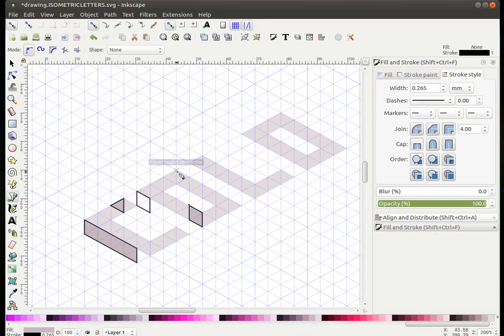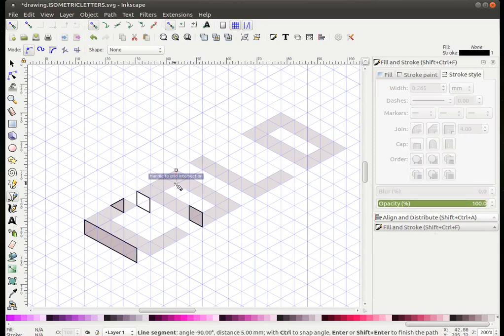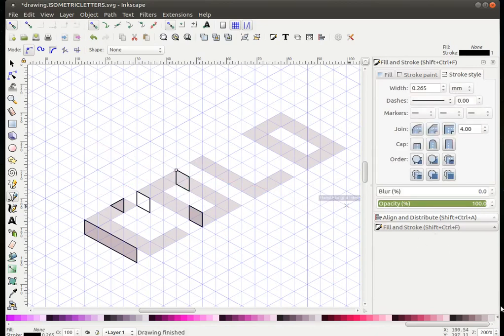Come to this corner here, do the same. But don't worry, that's a simple problem which you can easily correct. And I'm sorry for the inconvenience. So press enter, I had forgotten to, and I'll click there. So let's continue until we finish.